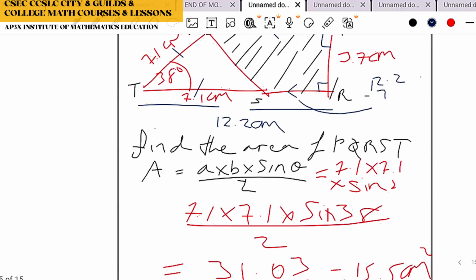minus 7.1. Oh, okay. You see what's going on, Latisha? Yes, sir. So you have to admit it. So you can't make any assumptions unless you see something on the diagram that clearly indicates that something is equal to something. Then you can't make the assumption based off visuals because the diagrams are not drawn to scale.